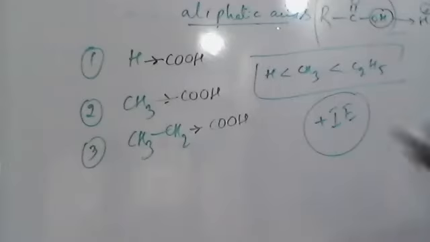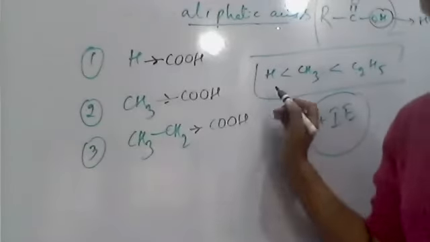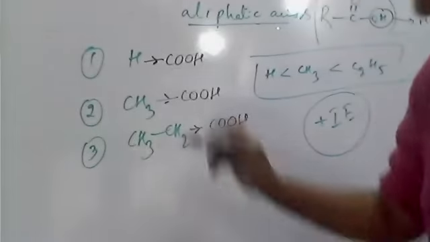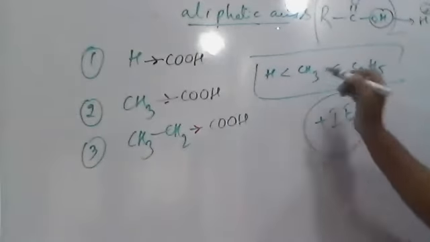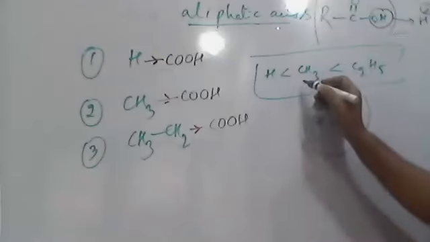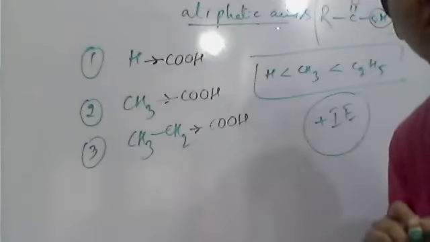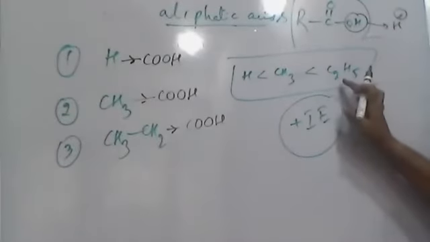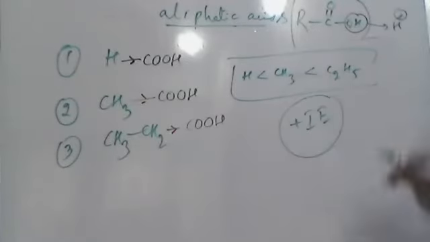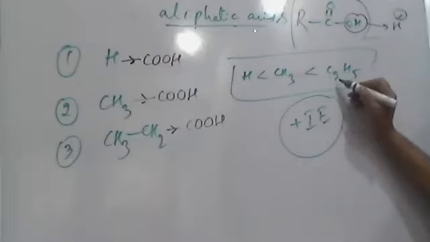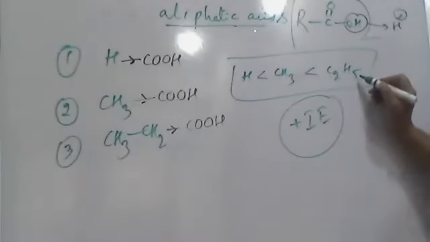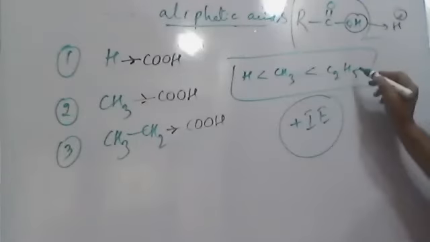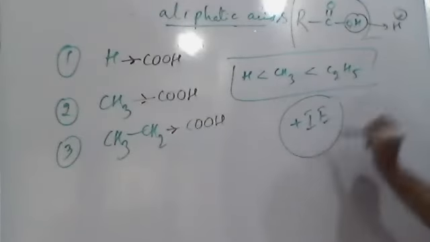So simple, hydrogen can donate only 1 electron, because hydrogen atomic number is 1. In its shell there is one electron, and that electron it donates. If you take methyl, carbon and 3 hydrogens, it can donate 6 plus 3, 9 electrons. Whereas if you compare the ethyl group with others, the 2 carbons have 6 plus 6, 12 electrons, and the hydrogens, so in total 17 electrons. So as the number of carbons and branching increases, plus I effect increases.